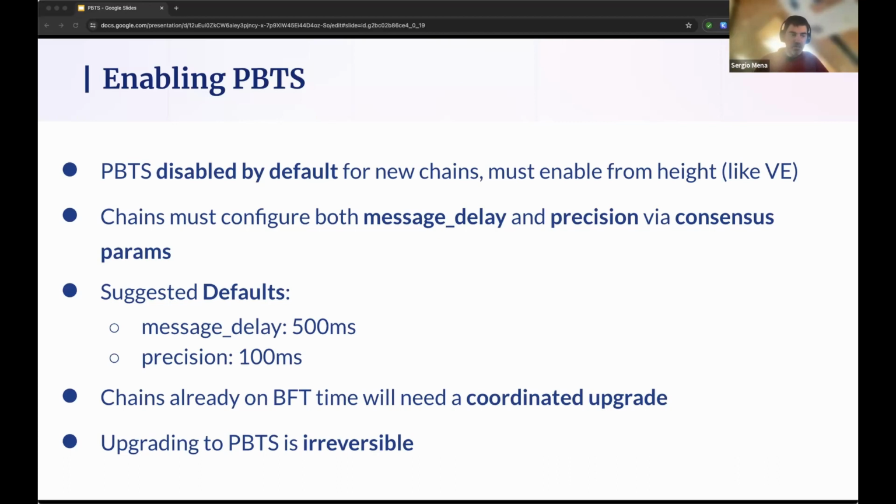This is kind of like when we go from BFT to PBTS. Conceptually, we are basically upgrading to a version that has it, and we want to eventually, for all chains, to have PBTS. The reason why we're doing it with this flag, with this consensus param,